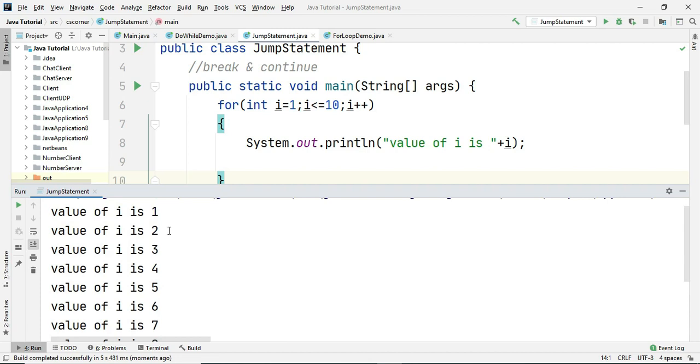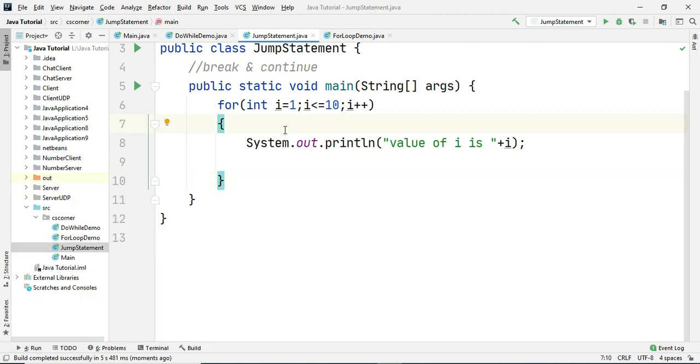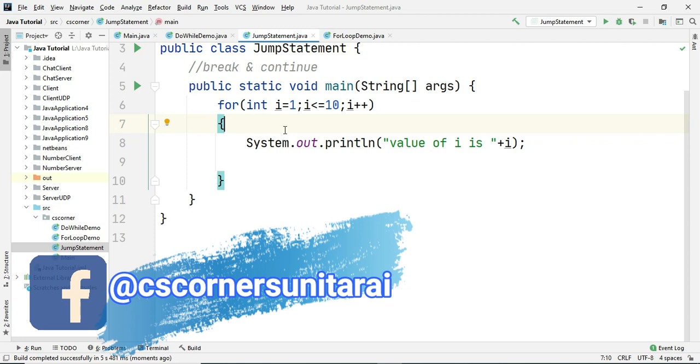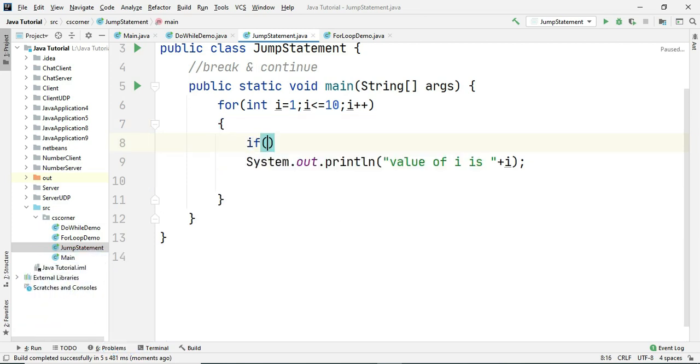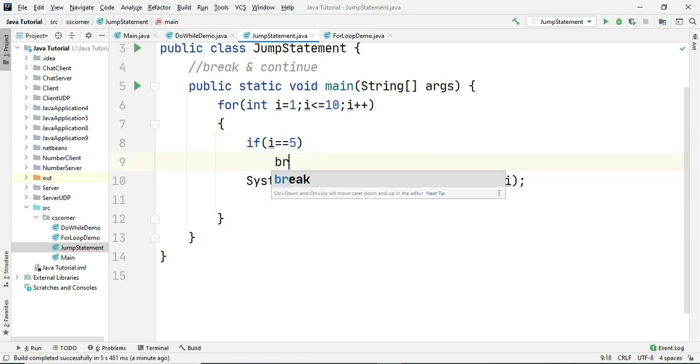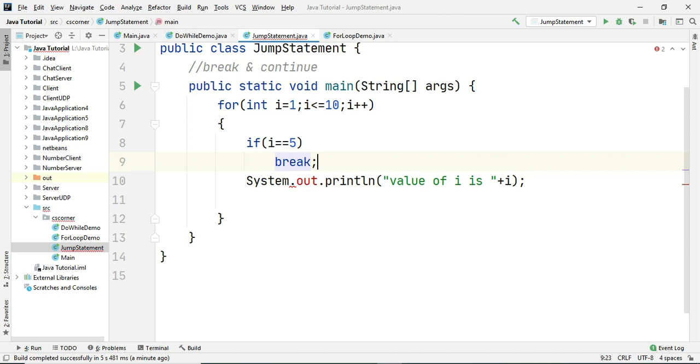Now suppose I don't want to print all of these values. I want to stop my loop when the value of i is 5. For that, what statement should I write so that it stops the loop? If my value of i is 5, then I have to stop executing this loop.